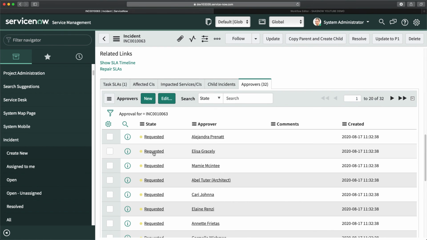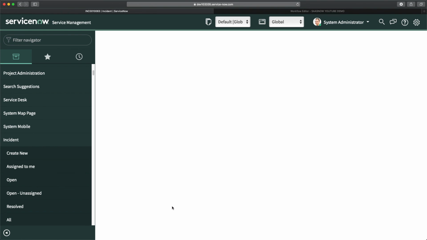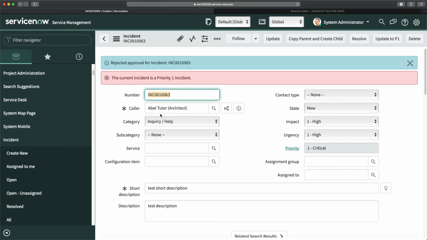This time I'm going to reject it. If I click on reject, you will see difference. You will see that we have back to our same category which we had earlier, inquiry and help. So that's how you can use the power of workflow. Now this is just a demo as part of the example for this developer training, but workflow has really great power so that you can utilize, you can automate a lot of things, a lot of process, I would say, even if you want to do some automation work, that's something you can achieve